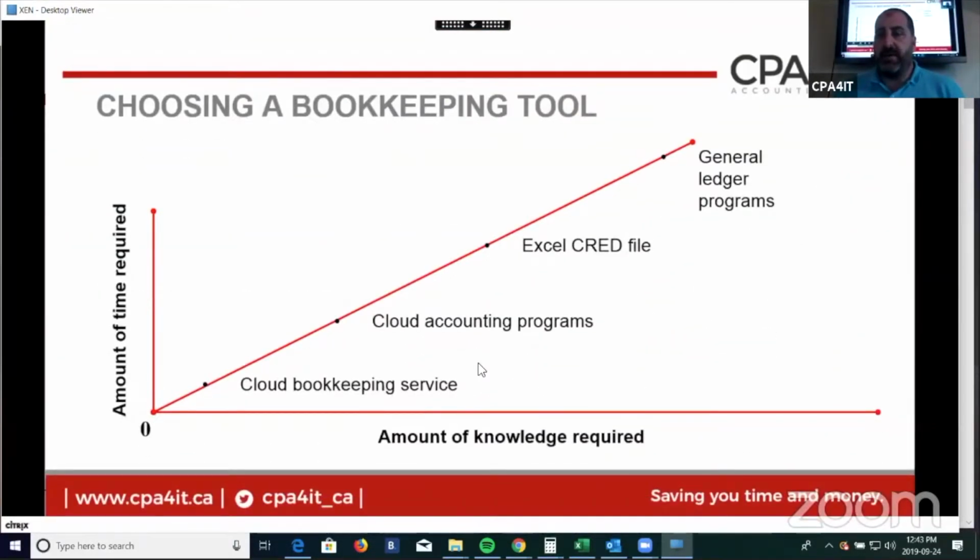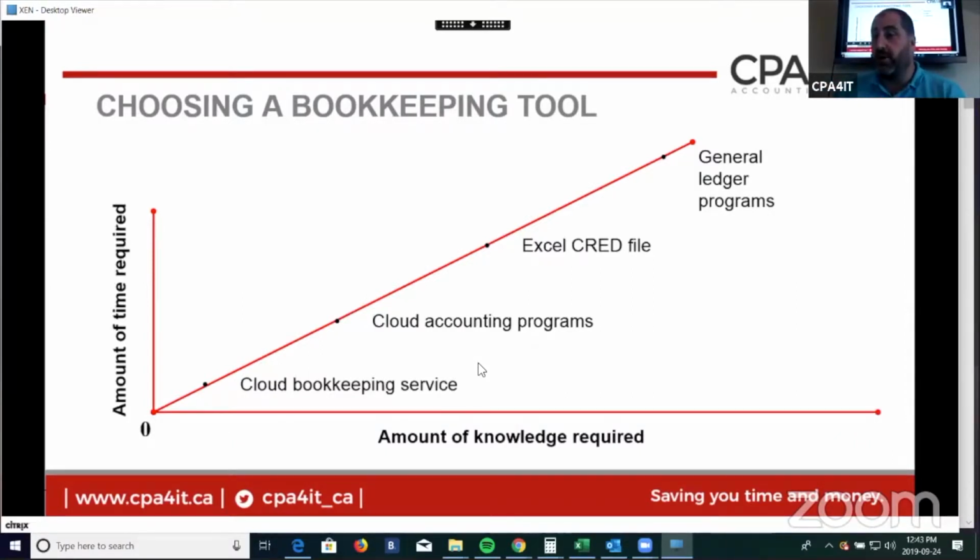Now, the next step, once you've kept all your records in some form of hopefully digital format, you need to choose a method or a bookkeeping tool that you're going to use. And there are a lot of options for you to choose from. Everything from great cloud accounting applications like QuickBooks Online and Xero, to not so great accounting applications like Wave and FreshBooks, which are still cloud accounting programs, not quite as good in our perspective as an accountant as QuickBooks Online or Xero,